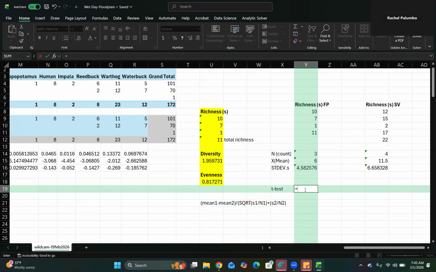Equals, open parentheses, the mean 1. So let's take the richness of the floodplains and subtract it from the richness of the savanna. So just follow your means over, not the richness, the means. So just use the mean of this one and the mean of that one. Close those parentheses, divided by, open parentheses,